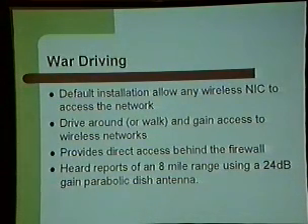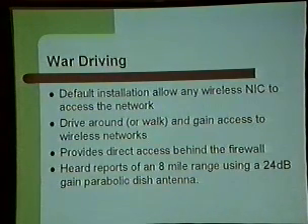So war driving. It's got a lot of press recently. I know the Wall Street Journal did a big cover story on it. People driving around, sitting in parking lots, being able to access wireless networks. And why is that so easy? Mainly because default installations of wireless networks are very insecure. They allow any network card to access the network. You can see everything, you can do everything, and it provides direct access behind the firewall. Much like RADIUS dial-in implementations from yesteryear, get access to the network, you're behind the firewall, you have complete access to whatever's there and that you can see.